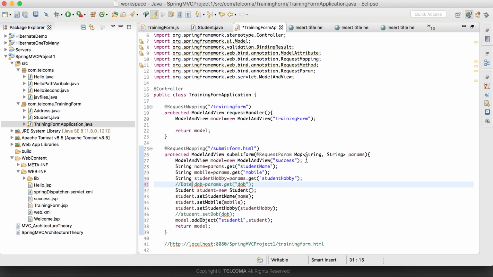That will be starting in the next tutorial, because that is a very important annotation in Spring MVC. So we'll be starting about it in the